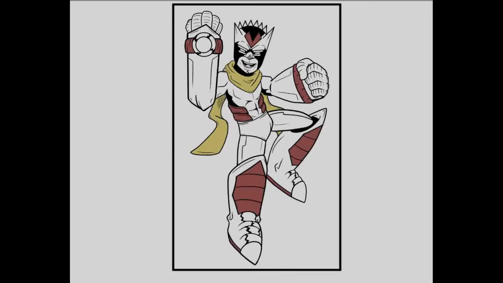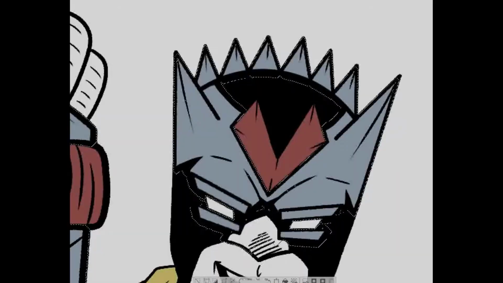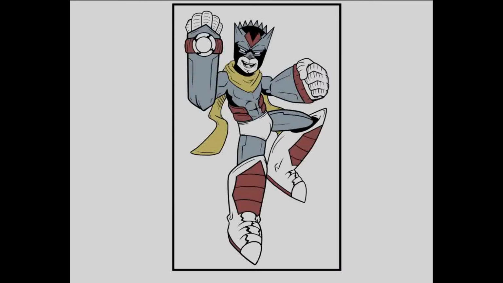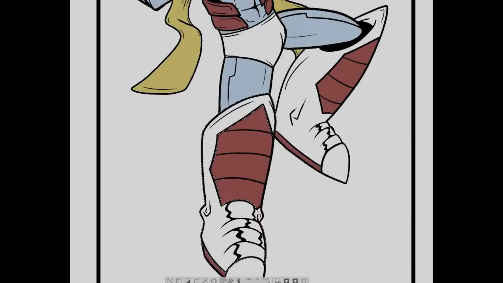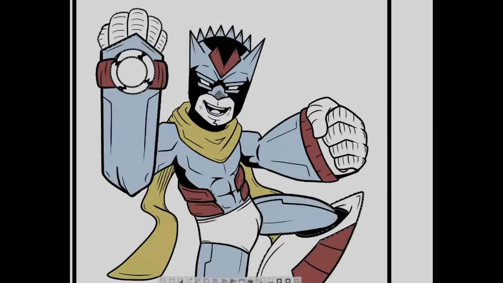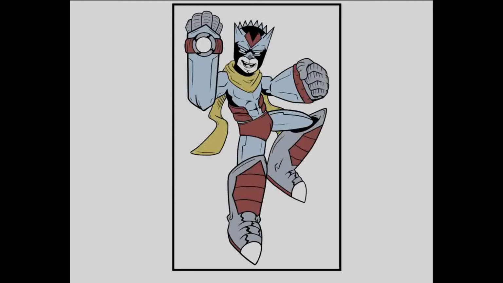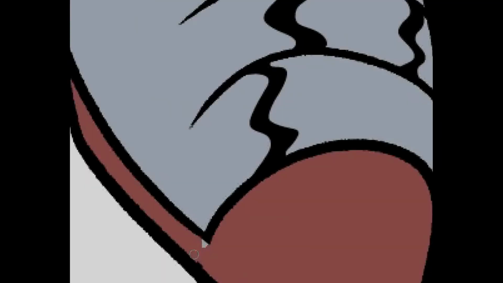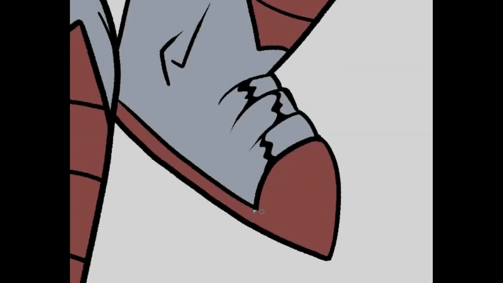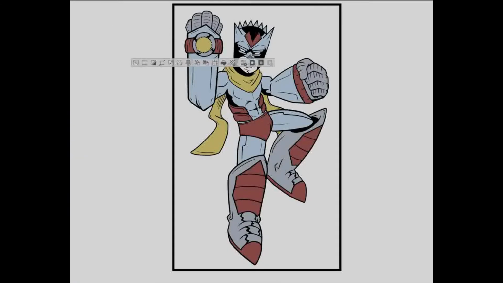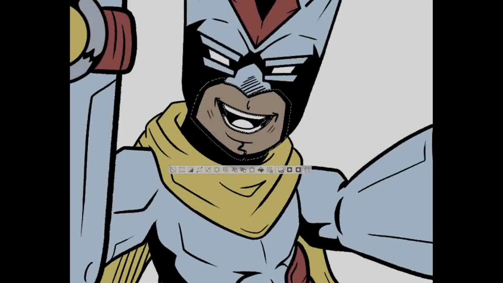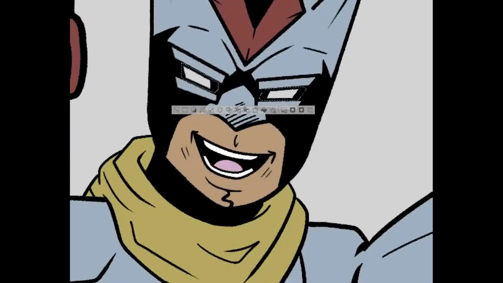And going into the coloring stage here, I was trying to think of what would be some cool power suit colors, and I was really just thinking the Gran Torino scarf had to be gold, had to be yellow, just like the regular Gran Torino one was. I threw in some red because it pays some homage to Iron Man, and then the blue suit for Blue Beetle. So I was really putting all my ideas here onto one piece. I didn't quite make it into the purple for Hawkeye, but I think I did use some purple for shading. So I guess that counts a little bit, right?